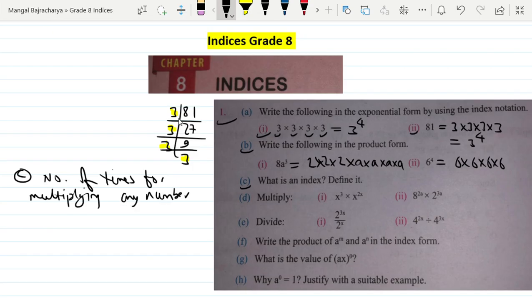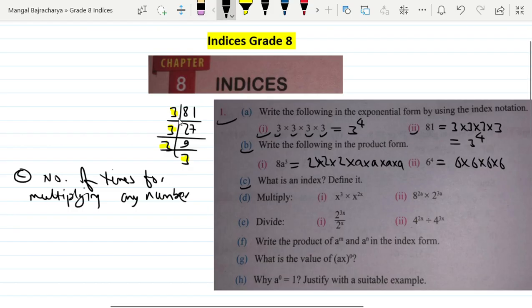It may be a number or it may be alphabetical. A B C D E F G we call coefficients, and W X Y Z we call variables. So the number of times we multiply any number or variable